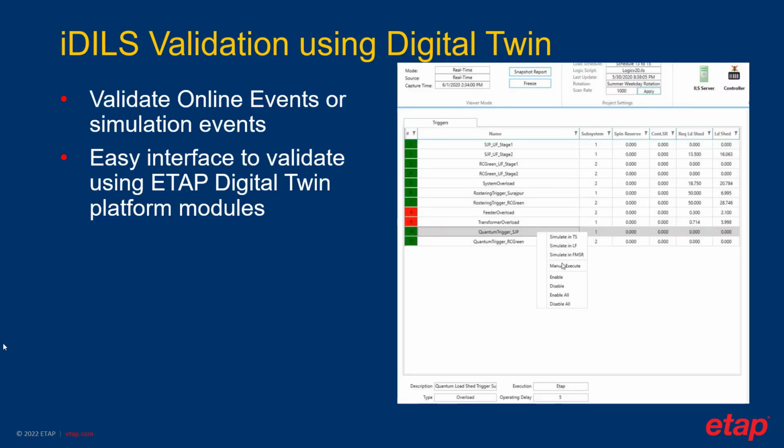The iDLS validation process is possible via the load shedding monitoring tool. Using this tool, users are allowed to immediately create simulations based on the results produced by the load shedding monitoring tool. For each contingency trigger that the ETAP iDLS controller is evaluating, users can quickly create simulations to validate using many of the simulation tools such as transient stability, load flow, and fault management and service restoration module. From here, simulation modules will be automatically pre-populated with the results from the load shedding monitoring tool to create a quick simulation. This will allow the system to be validated easily using the ETAP Digital Twin platform.